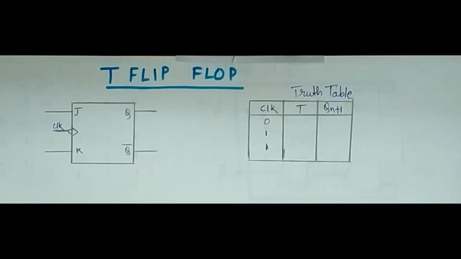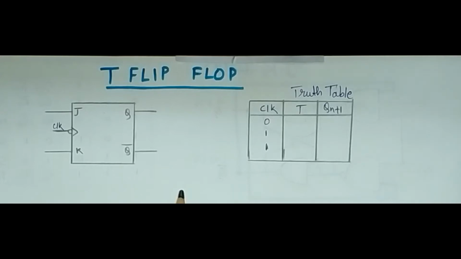Hello class, so today we are going to discuss the T flip-flop. If you remember my previous lectures, we have discussed SR, then D, then JK. The D flip-flop was used when we have to store data. Instead of using two inputs as in the SR, we use a single input and change it into a D flip-flop. Similarly, in the JK flip-flop, the speciality is that when the input is 1 1, it goes to the toggle state.